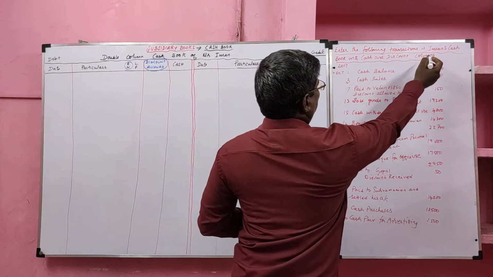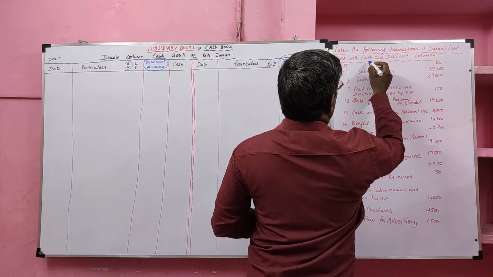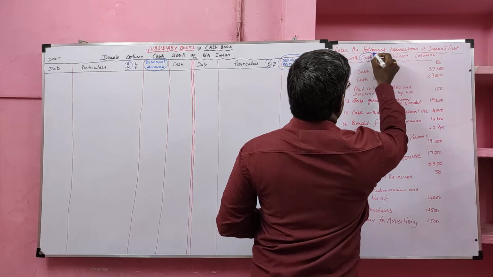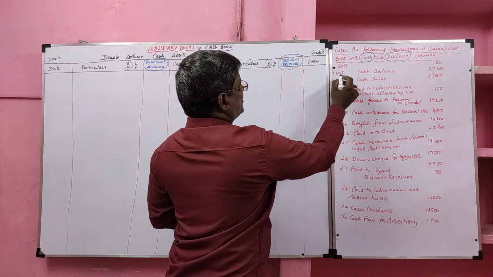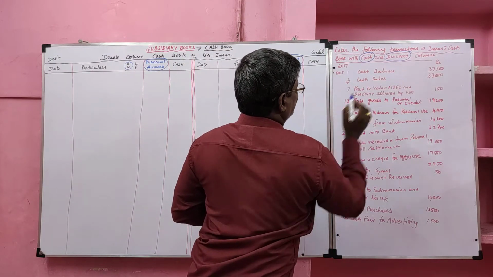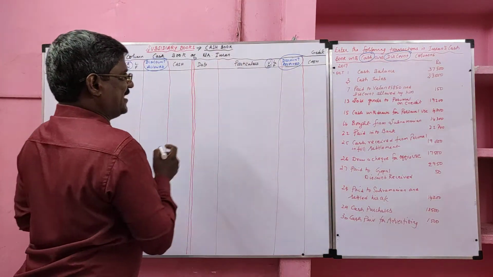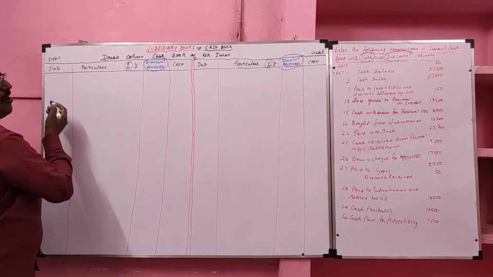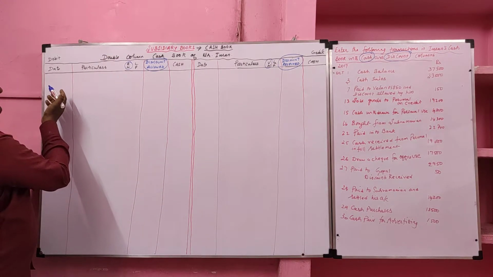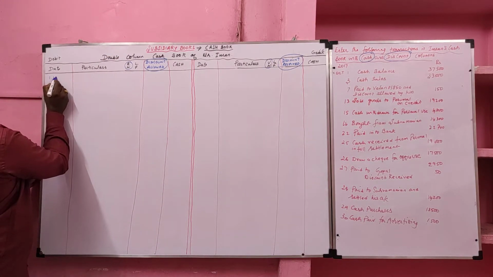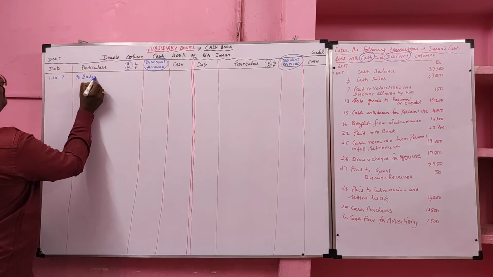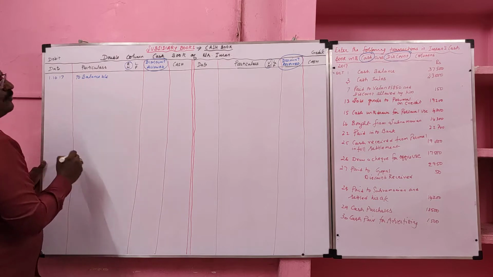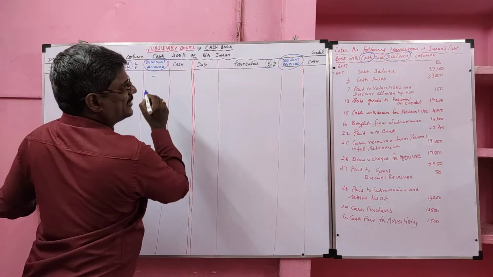Enter the following transactions in Imran's cash book with the cash and discount column. So cash column and discount column. Okay. 2017, 1st October, cash balance 37,500. It is a cash balance. Cash book always starts with the opening balance of cash in the debit side. So 1st October 2017, to balance b/d. To balance b/d, it is to be recorded in the cash column.